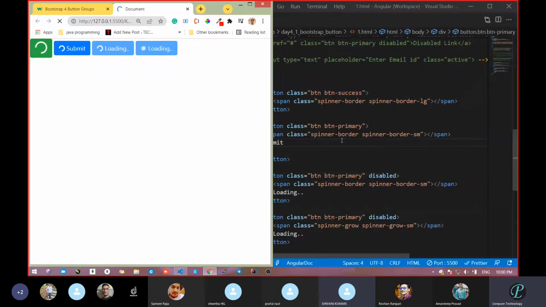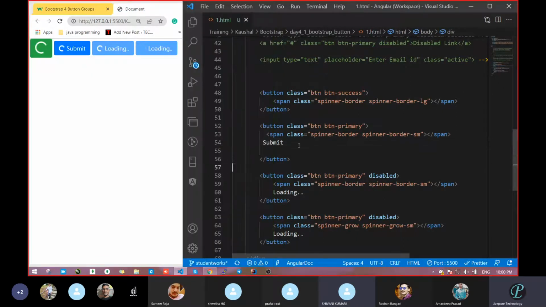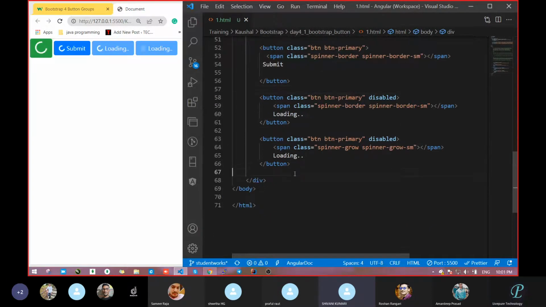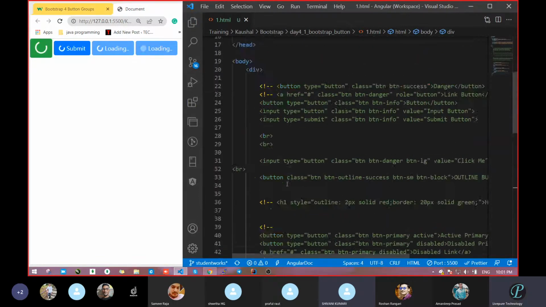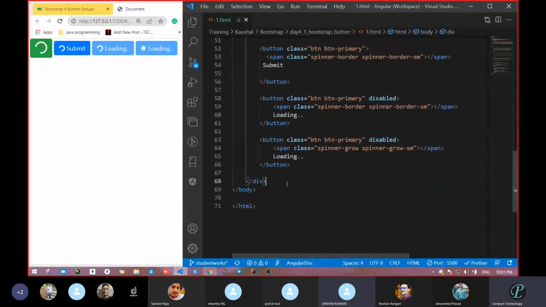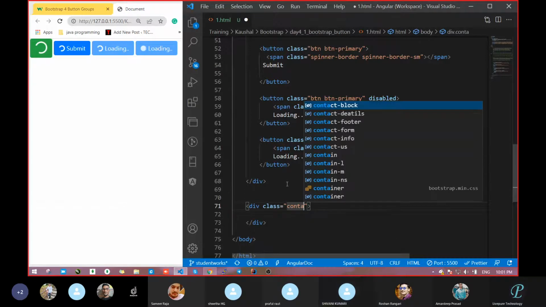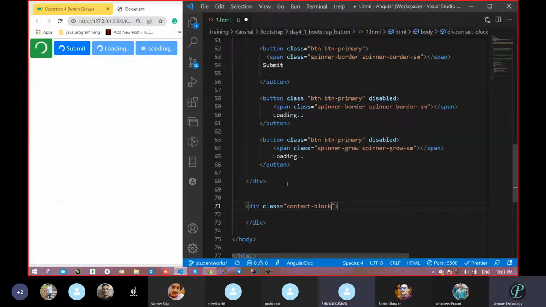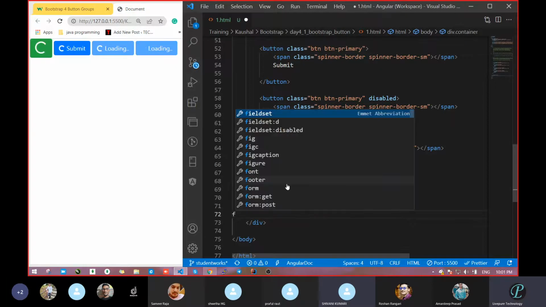Submit. What are you getting from this word submit? It means we are submitting some data. Suppose we had taken this data with some form. Wait, let me do one thing. Where is this div? Okay, this div is on the top level. Div class container. What is coming in this one? Container. Fine. Go with form.